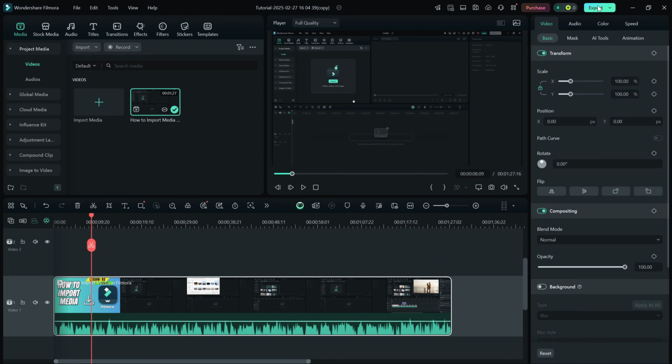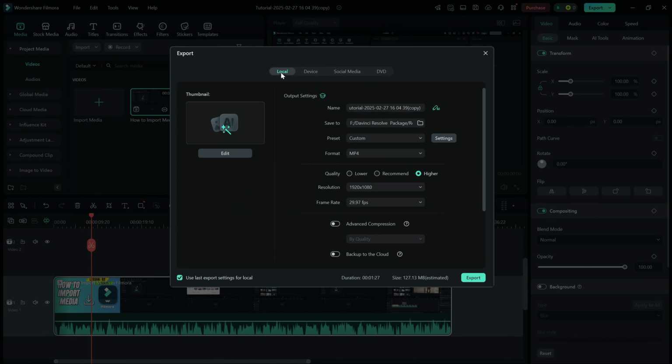This will open the Export window where you'll see different export options. In the Local tab, you can save the video to your computer in formats like MP4, MOV, and AVI. The Device tab lets you export videos optimized for phones, tablets, and game consoles. The YouTube/Vimeo tab allows you to upload directly to these platforms, and the DVD tab lets you burn your video